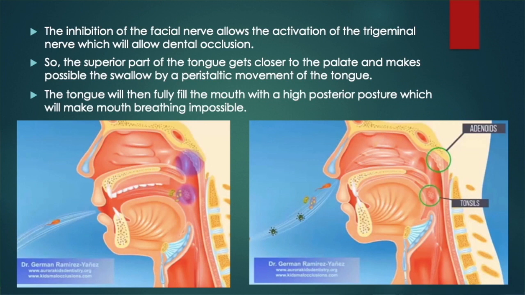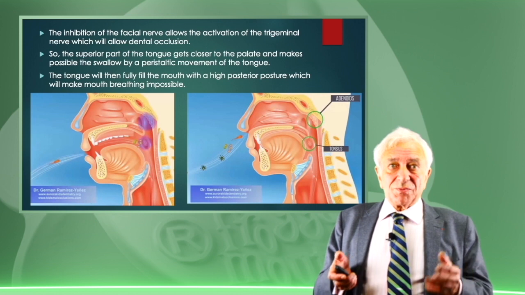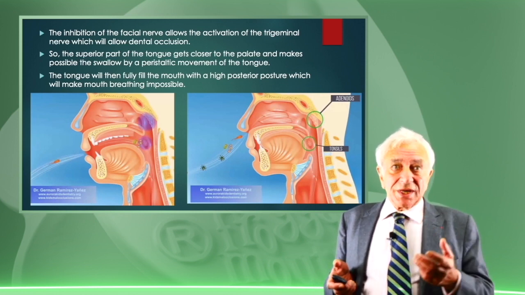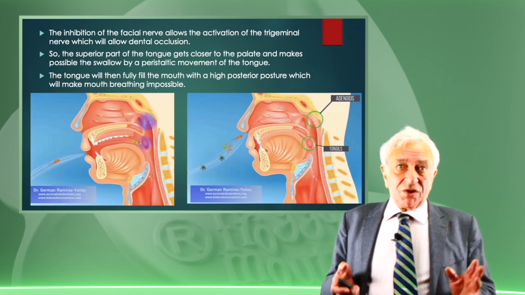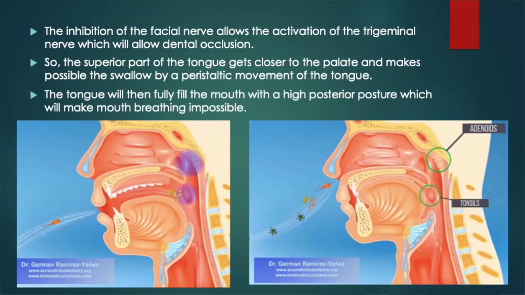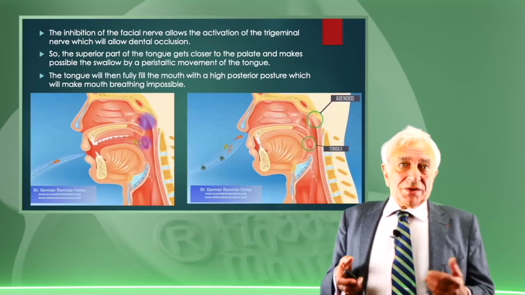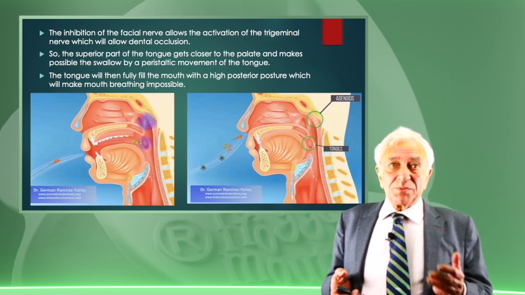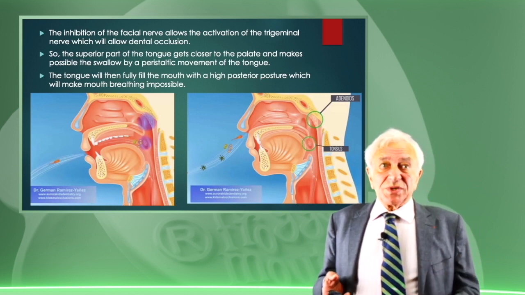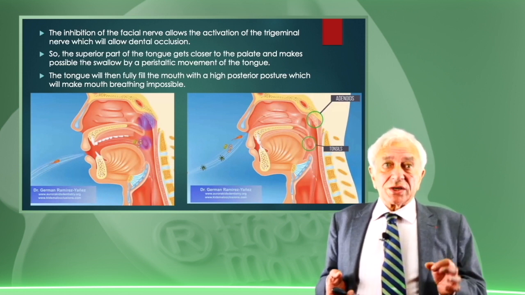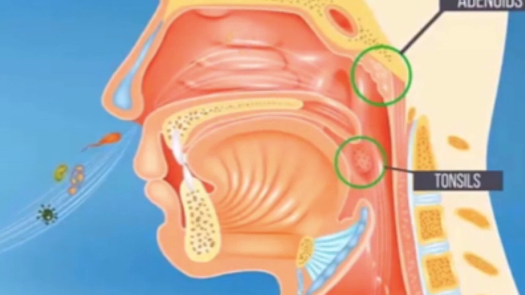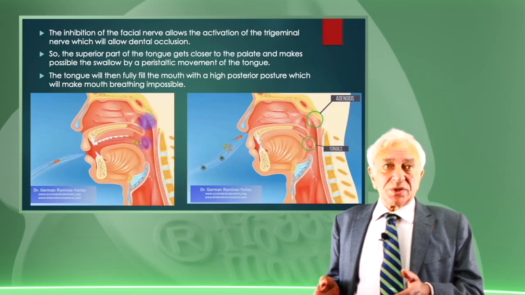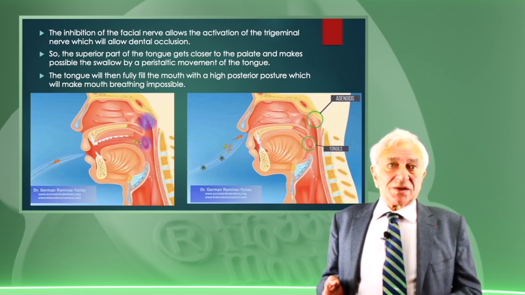And remember when we spoke about sucking deglutition, we told that the mandible is stabilized by the facial muscles. And it's very important that we can obtain the stabilization of the mandible. And when we stabilize the mandible by occlusion, the superior part of the tongue will be closer to the palate, and it will be much easier to swallow by a peristaltic movement of the tongue. The tongue will then fully fill the mouth with its high posterior posture, and that will make mouth breathing